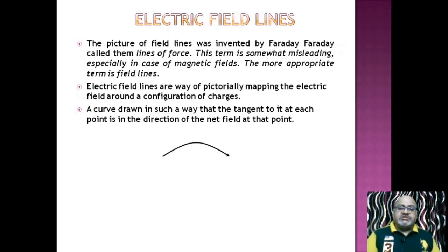See, suppose this is an electric field line. I draw a tangent at this point. This red dotted line with an arrow is the tangent, and this is giving the direction of the electric field at this point where my cursor is moving on the line. If you take another point here, the tangent will move in this direction. The direction of the tangent will be different. So the concept is so perfect that the direction of the electric field is 100% accurate.